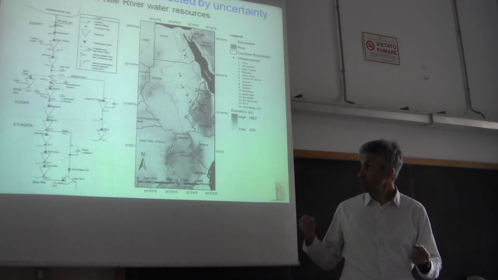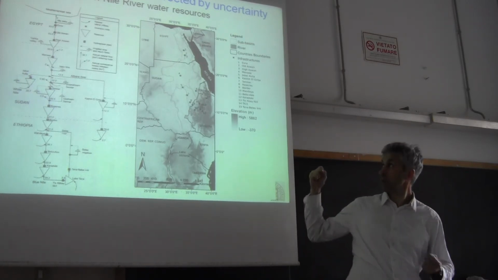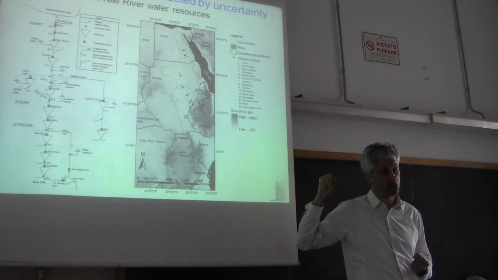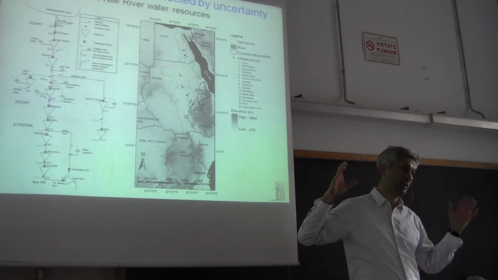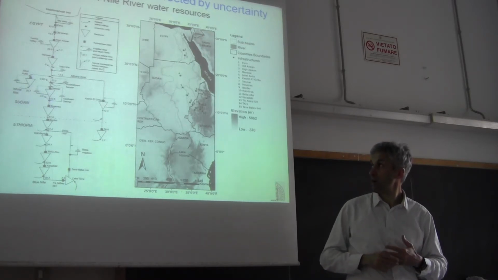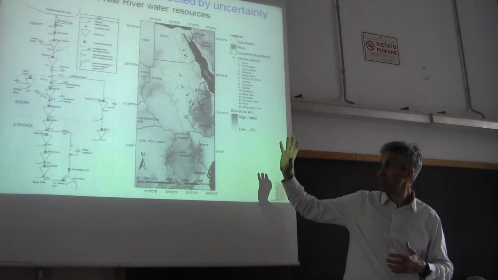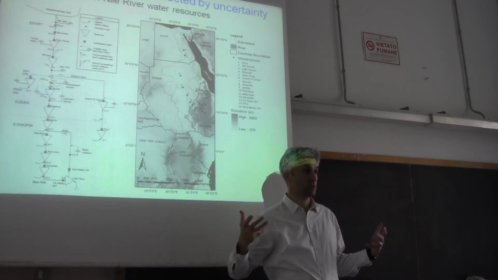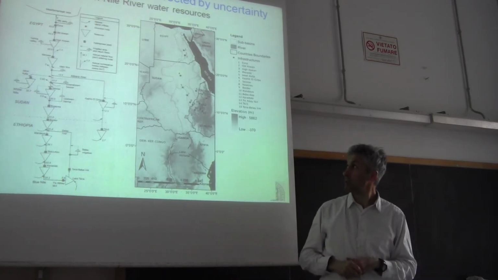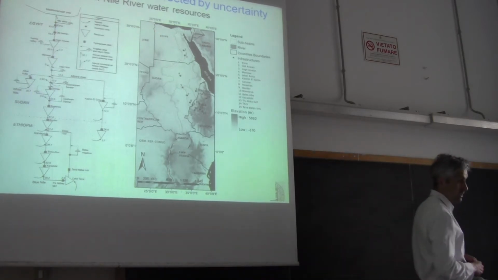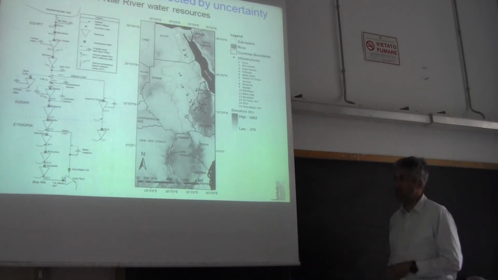And also, at the Aswan Dam, they use the water for hydropower generation. So it's a multiple-use reservoir. And afterwards, after building the dam at Aswan, the other states started claiming their part of water resources. And in particular, Ethiopia recently launched a new project and decided to build a very huge dam, which is called